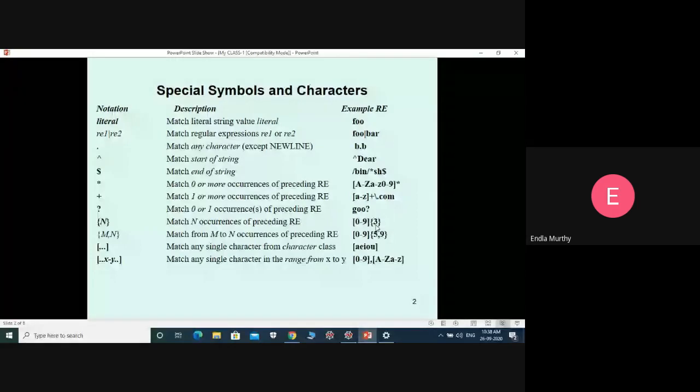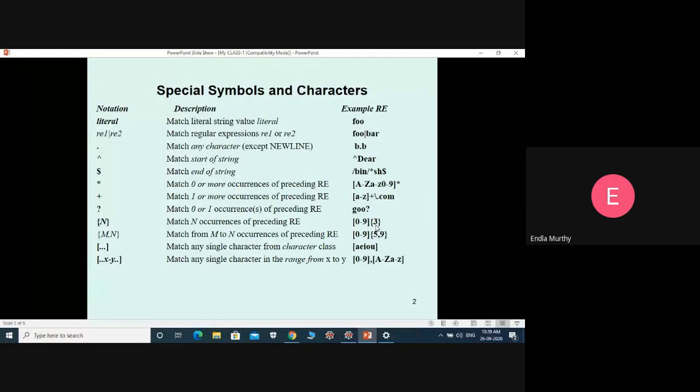Square braces dot dot dot. So what does that mean? For example, I have a statement: A, then square braces with AEIOU inside, closed, and then B. What that means is it is searching for any single letter, like AAB. Okay. So in the square braces I have AEIOU, right? Before the square brace, if I add the letter A, and after it I add the letter B,